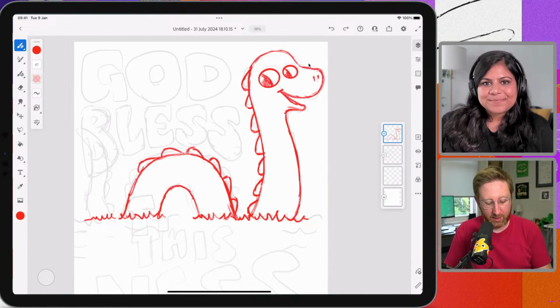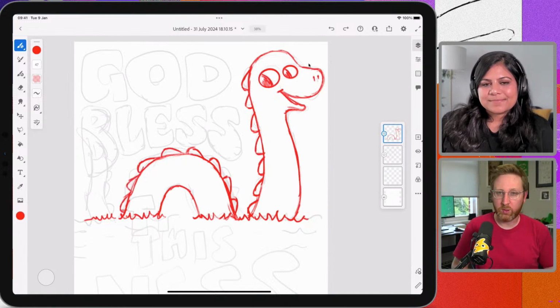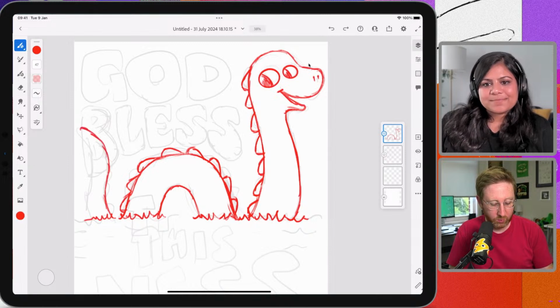So obviously, if you're comfortable with vector brushes, then that's probably a better choice. You will get slightly cleaner graphics.